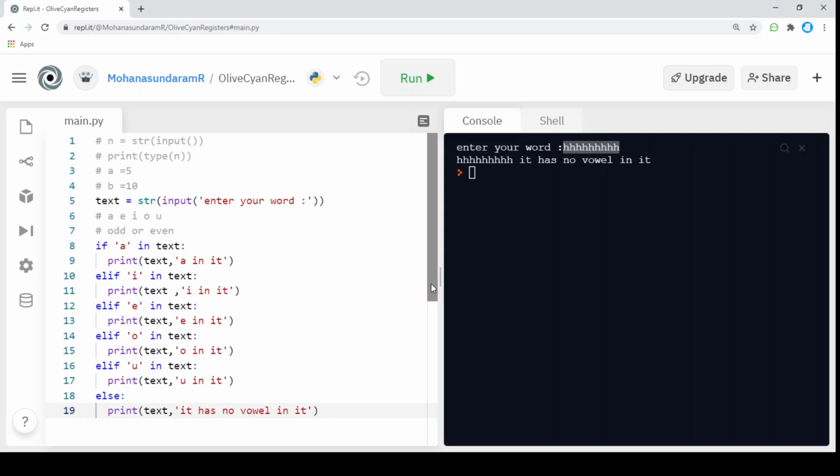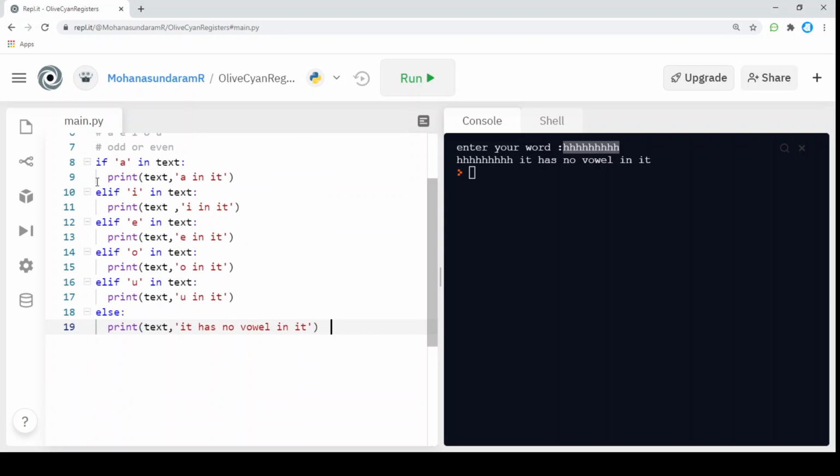It is a multiple conditional statement with multiple if and elif. We got four different elifs. In each elif I'm checking whether this text has that vowel in it.